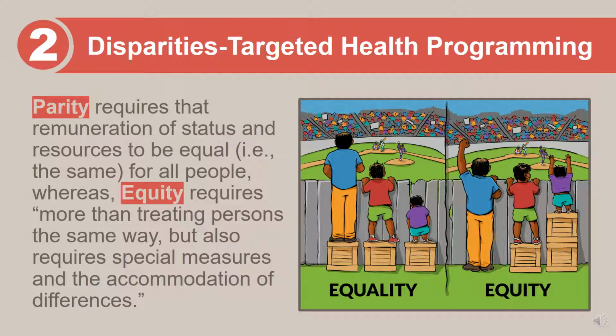The second thing we must do is better target healthcare systems by promoting health equity. In the words of Plato, there is nothing so unfair as the equal treatment of unequal people. This is because there is a fundamental difference between equality and equity. As I'm sure some of you have heard before, equity means treating people such that you account for their differences, whereas equality means you simply treat everyone as the same. In a system that is tilted against minorities, action must be taken to overcome that system. You can't just treat people the same.